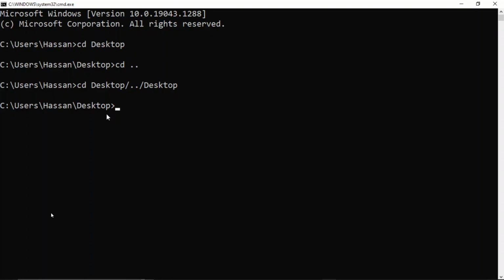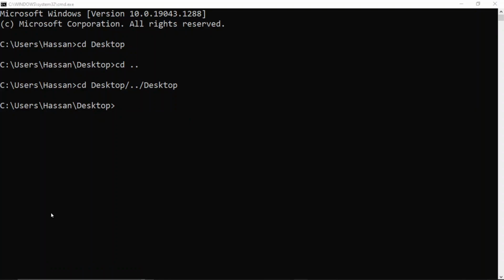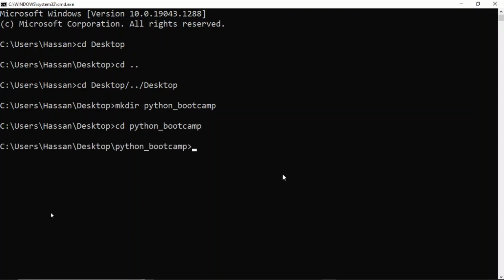Linux as well. So making directories, we just want to create a new directory, and we're going to call it Python Bootcamp. So in order to make a directory, let's type in mkdir, which is short for make directory, and then python_bootcamp, and press enter. Now the directory is created. Now cd into that python_bootcamp,